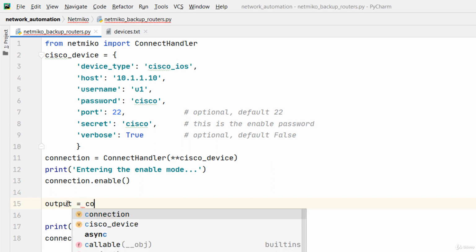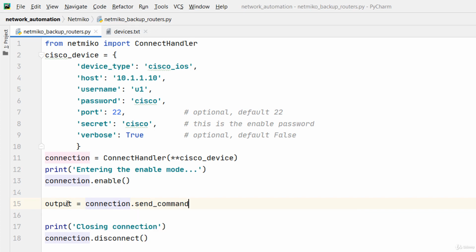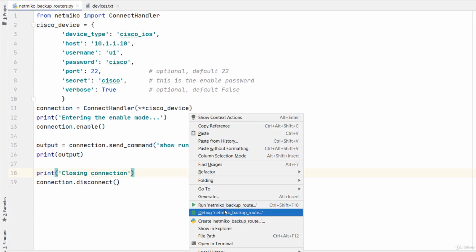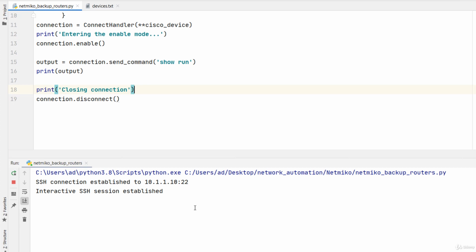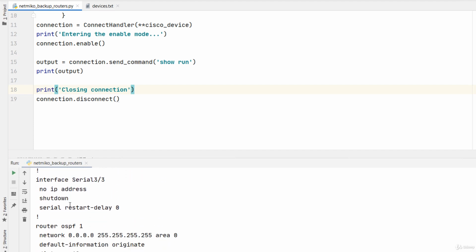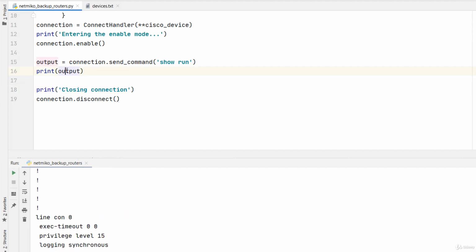So output equals connection dot send_command show run, and print output. I'm running the script. I'll see the router's configuration. Perfect. This is the router's configuration. Instead of printing it out, I'll save it to a file, the backup file. The name of the file should be composed of the router's host name, the backup word, and .txt at the